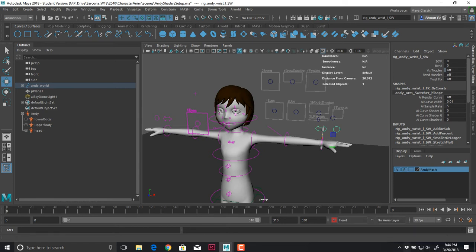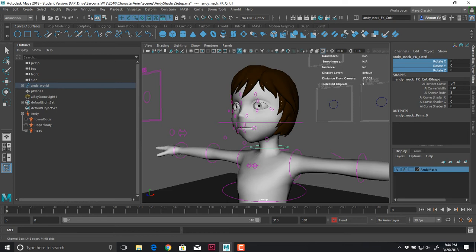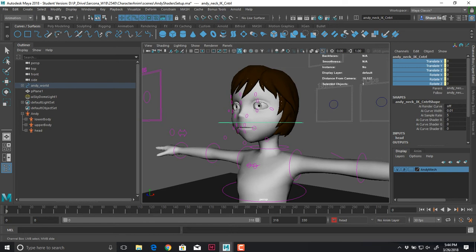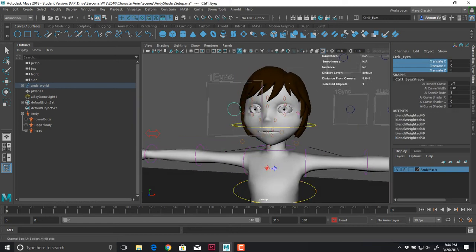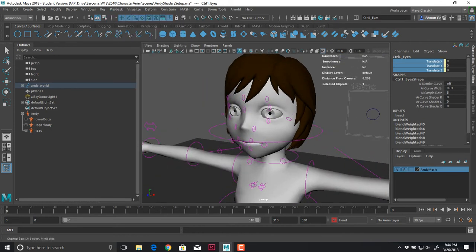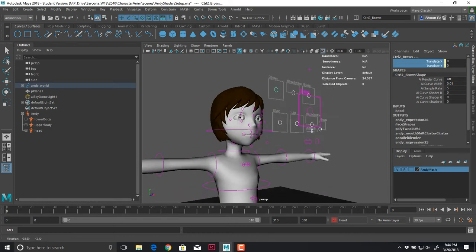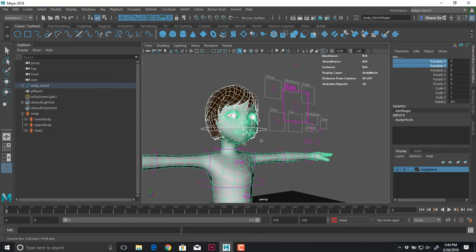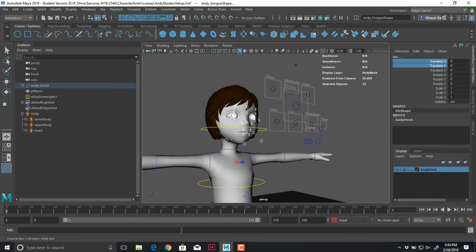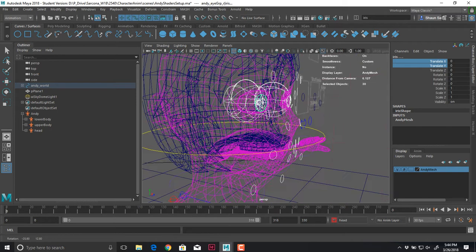And then finally I'll go to the head. And I'll grab everything that's pertinent to the head. So add that to the character set. Add this to the character set, which is already there. Add the eyes. There we go. And then I'll add in all of these. And not the geometry, just